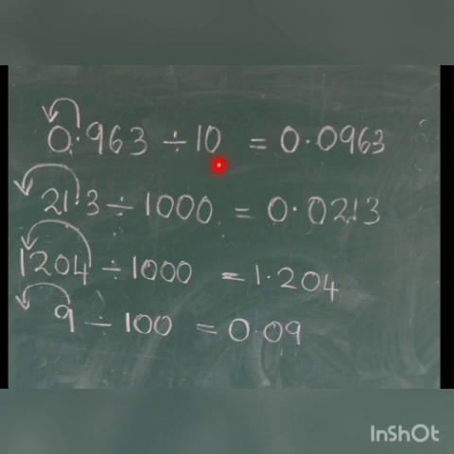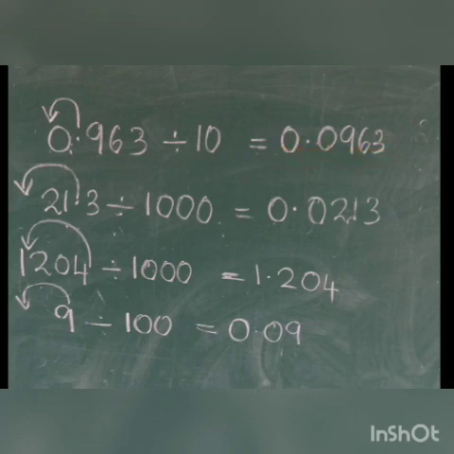0.963 divided by 10. So first, in 10 how many zeros are there? 1 zero. So the decimal point should shift by 1 position. And where will it shift? Since it is division here, it should shift to the left. That is, the decimal point is here. It should go here by 1 place. Then the answer is